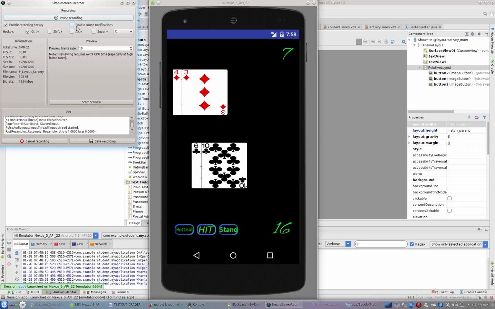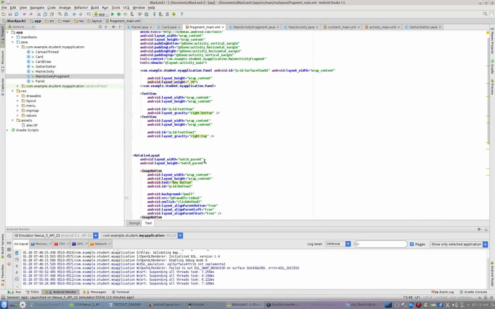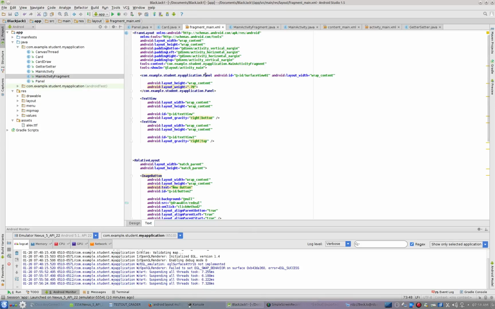Okay, in this video we're going to do some sorcery. We're going to take the buttons and we're going to drop them down here. You could also take your text views and we can put them anywhere we want at this point after doing this. So what I'm going to do is inside of my fragmentmain.xml,